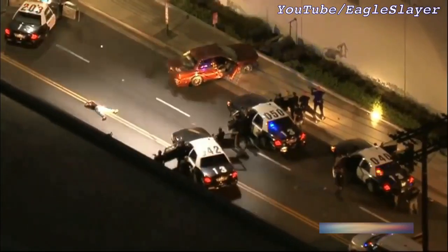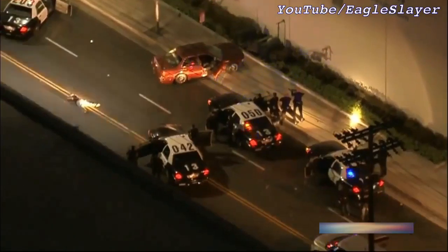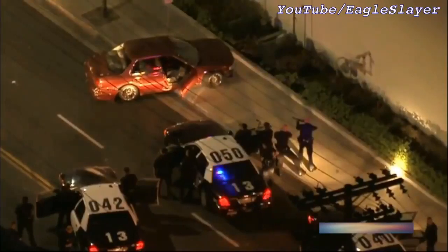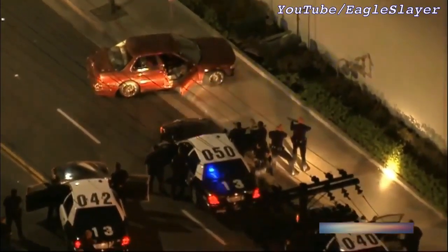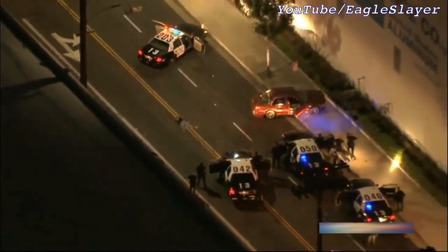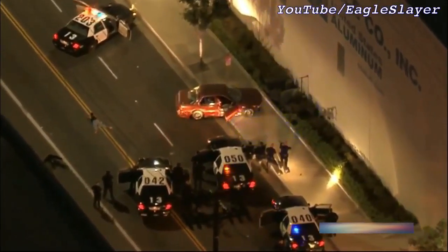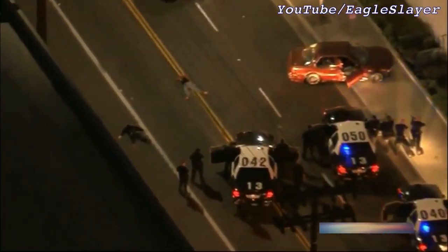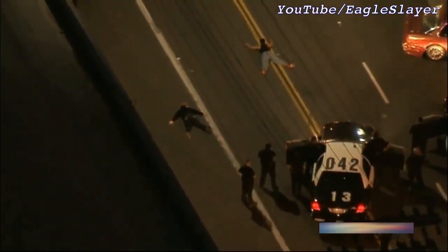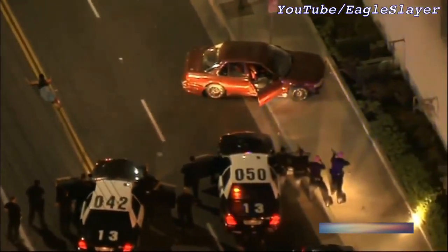I would have thought for sure the fencing would have stopped that car, but obviously, we know now it did not. The officers, though, they still have their weapons trained on the vehicle. The windows are not tinted, so my guess is perhaps they think or see a third person inside the car. The driver now out, the front passenger out as well. But these officers, we haven't seen any kind of relaxed mood as of yet. Possibly one person still inside that car. The two people, the male driver and female passenger from the front of the car, laying out there on the road. As we understand it, that's Santa Fe out here in the city of Vernon. But the officers still have their weapons